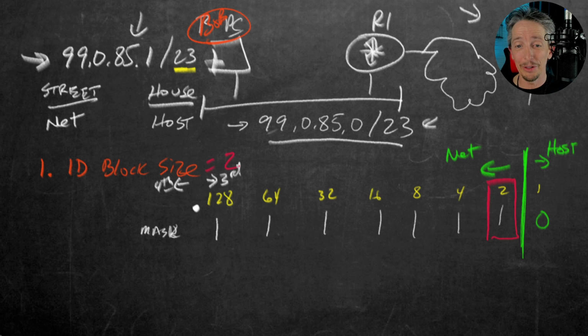Then what we could do in that 3rd octet, and this is a bit painful, so let me hide this layer just for a moment. If we have a block size of 2 in that 3rd octet, this is painful, but I want to show you how painful it is, and then I'll show you a solution for it. And let me bring up another layer. Here we go. So if our block size is 2, and I will change my color here a little bit. There we go. So if our block size is 2,